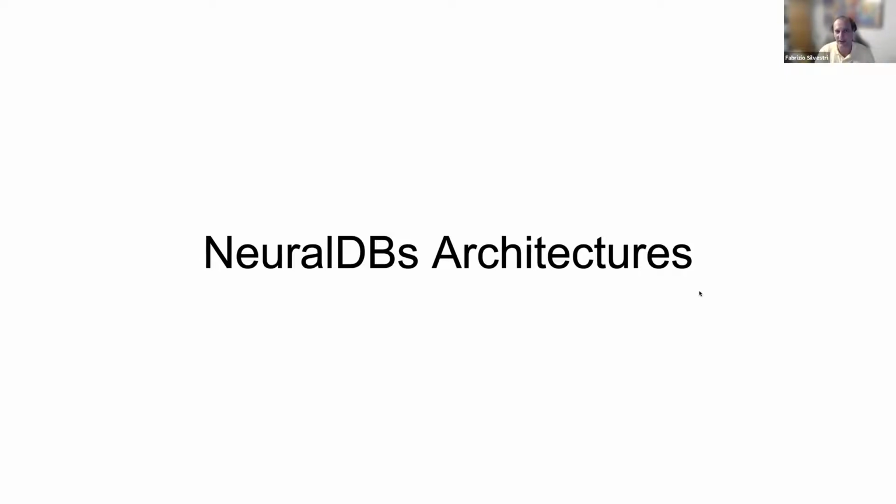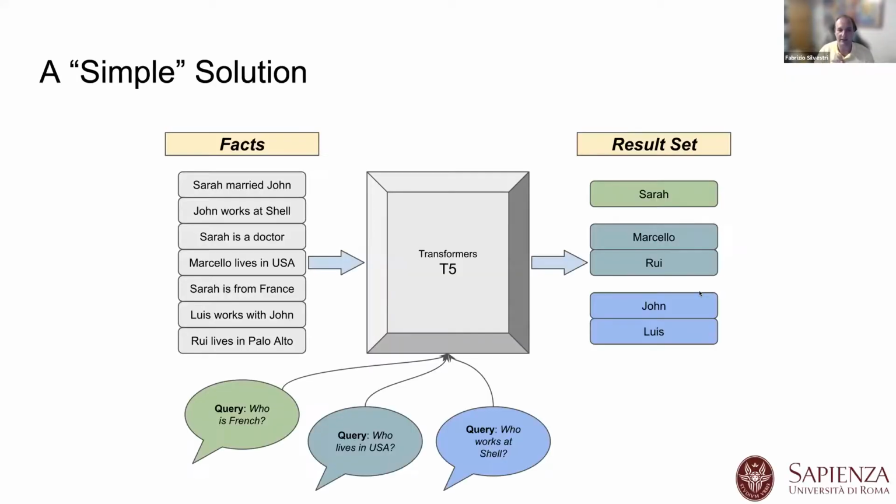But now, how do you actually want to answer those queries? So here's the first attempt that we tried. Of course, it's a baseline, and we wanted to understand how this solution, which is a sort of off-the-shelf, out-of-the-box solution, which is basically just using T5 transformers as the neural query processor. So here the task was simple. We fine-tuned a T5 model.